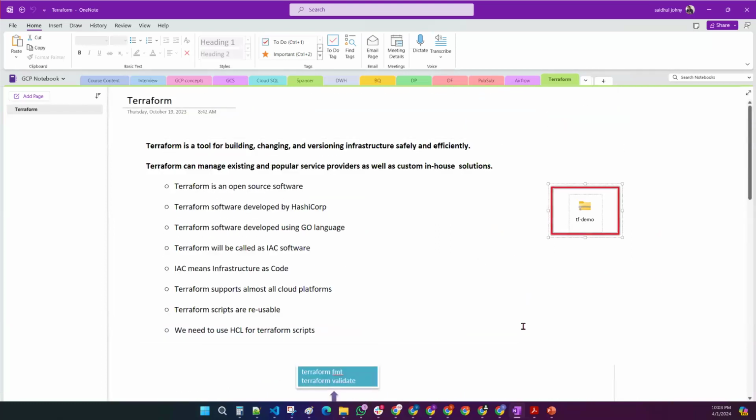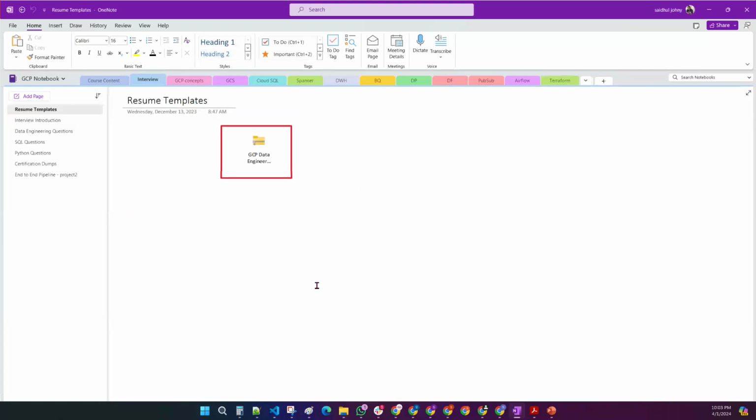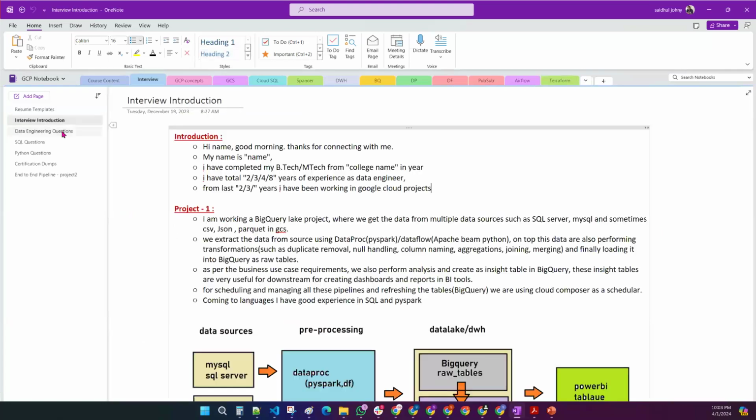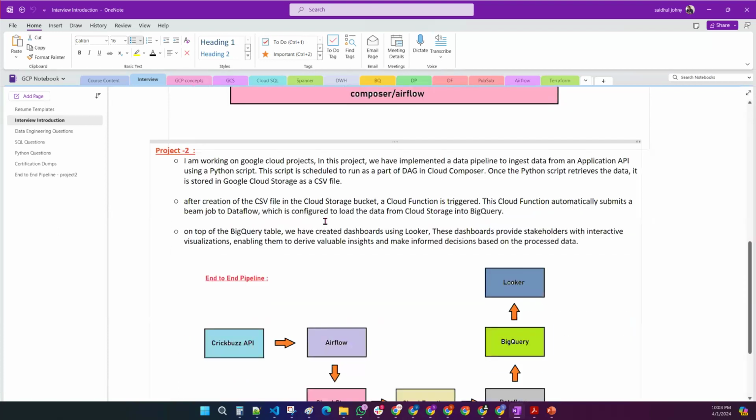Once we have covered all of these concepts, in our last session I will tell you how to create your resume using these resume templates. How do you tell your introduction in the interview? In every interview, they are going to ask you, tell me about yourself. Walk me through your resume. You have to tell it in a very decent manner. And how do you explain your project with an architecture diagram? I have mentioned here project 1 explanation and project 2 explanation